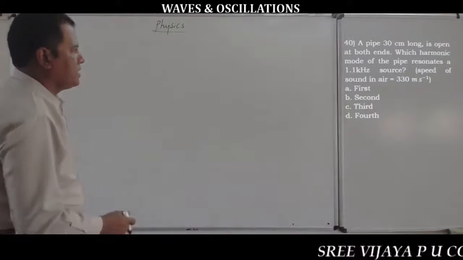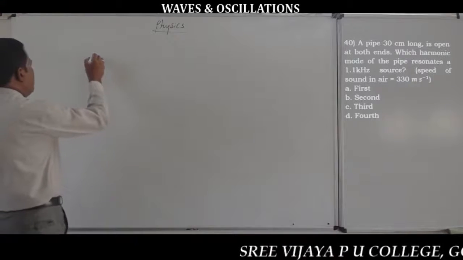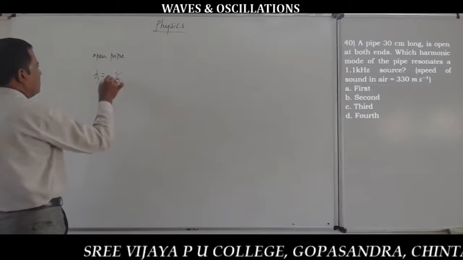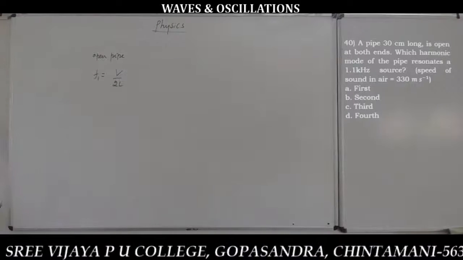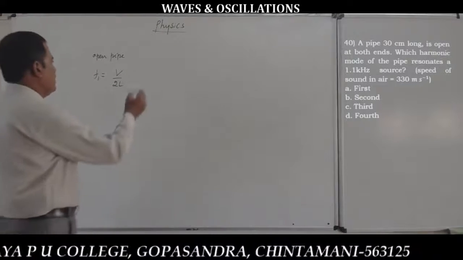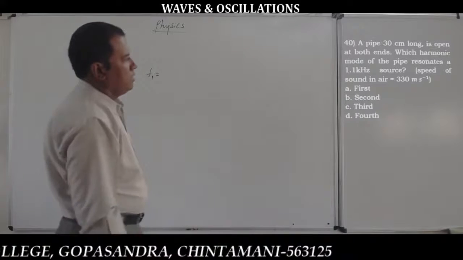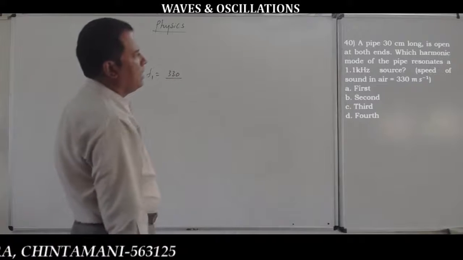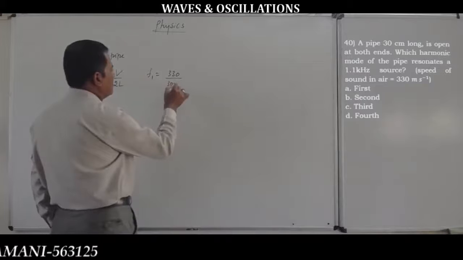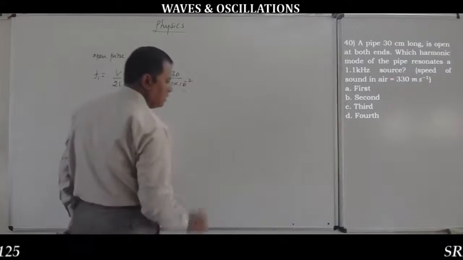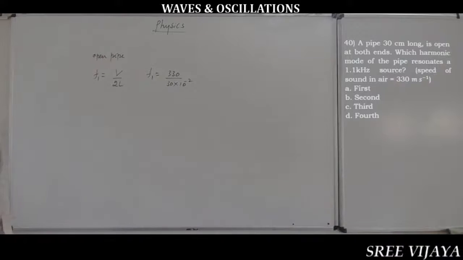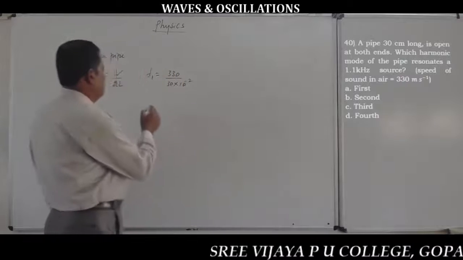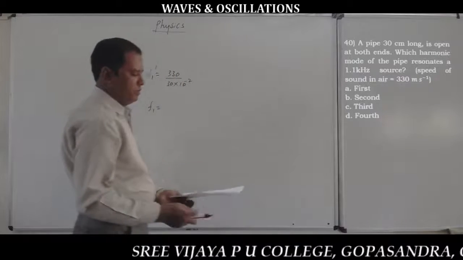It is open at both ends. So generally for an open pipe, the fundamental frequency f1 is given by v by 2L. This is for an open pipe. f1 is equal to 330, the speed, by length 30 centimeter, 30 into 10 power minus 2. f1 is equal to